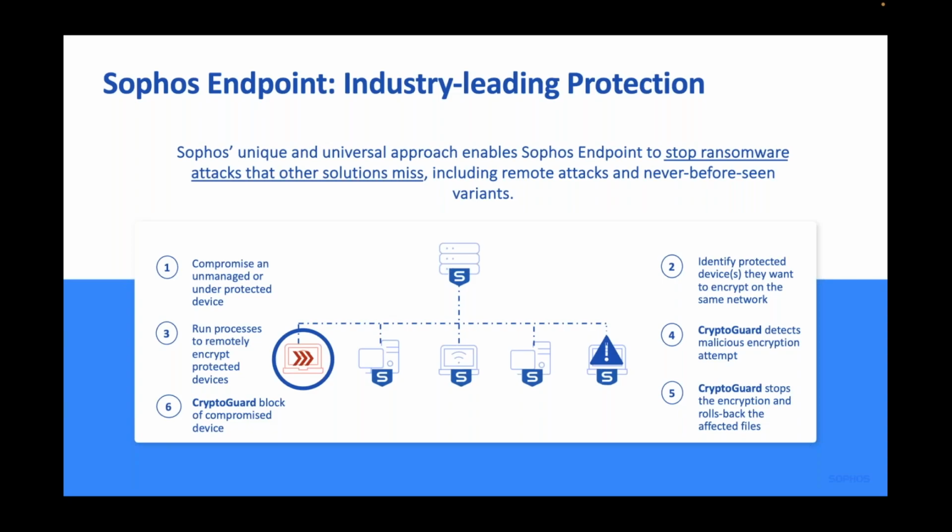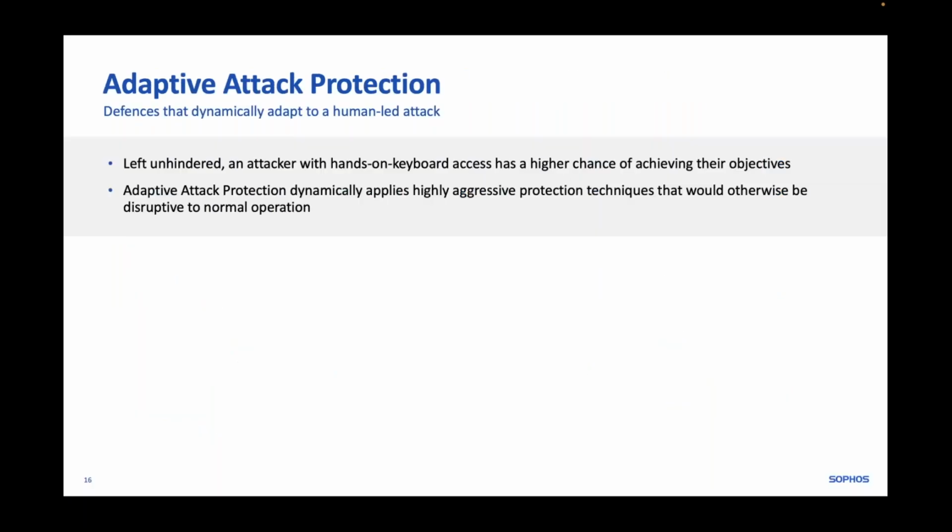And of course, the next step is that this will flag up inside Sophos Central to say, first and foremost, that the device has been under attack, but also the source of the attack so that we can identify that. And the administrator can then go about doing the things they need to do in order to remediate. So that just shows you a little bit of a response there on some of the things that Sophos are doing to help with that issue of remote encryption, which is incredibly popular.